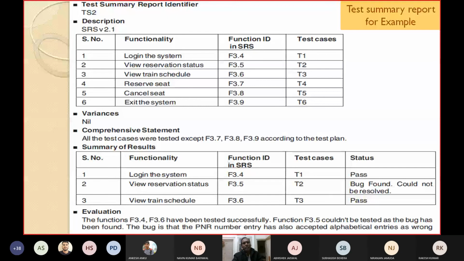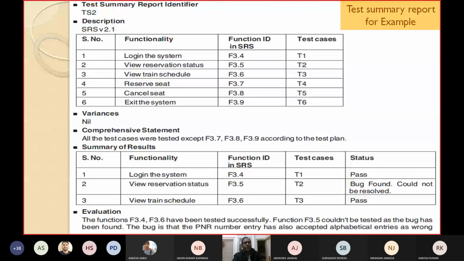Okay. So similar examples will be asked in the examination. It might be a library information system, ATM, or banking information system. Prepare the test log report, prepare the test incident report, and prepare the test summary report. In this way, taking your own assumptions and your own functionalities, you can prepare these kinds of reports.